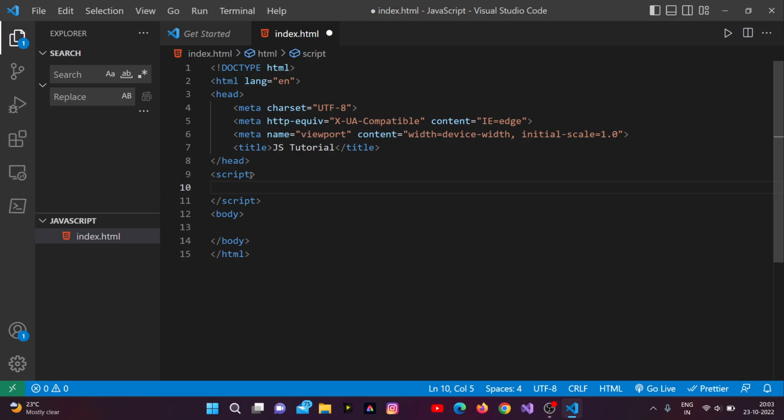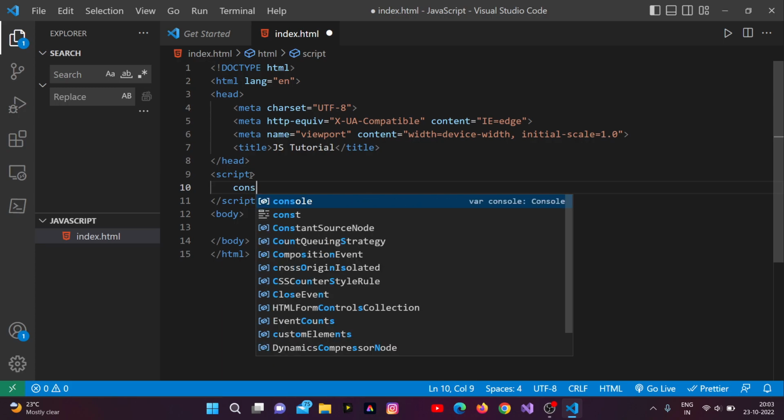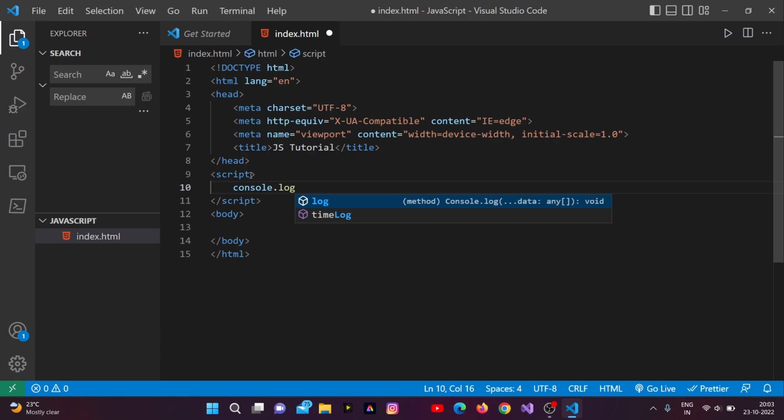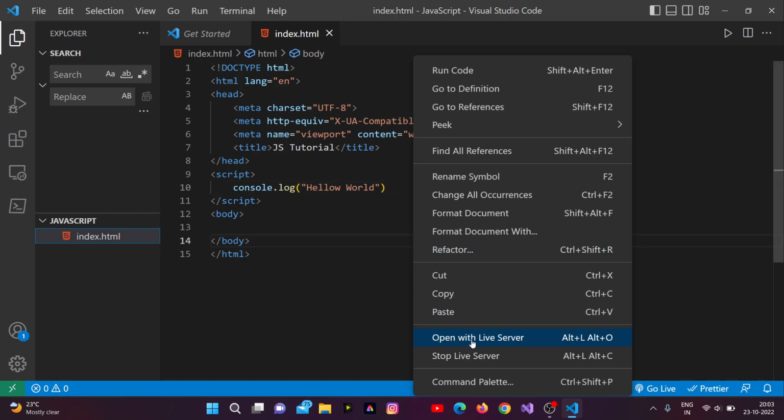First method, console.log. Console.log, bracket, hello world. This is capital H, and Control S, save, and then open it in live server,